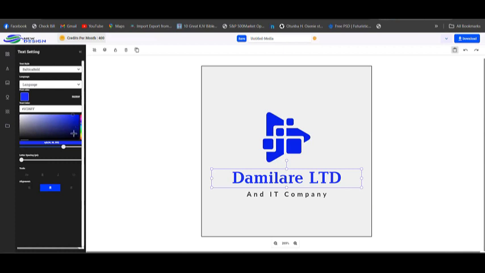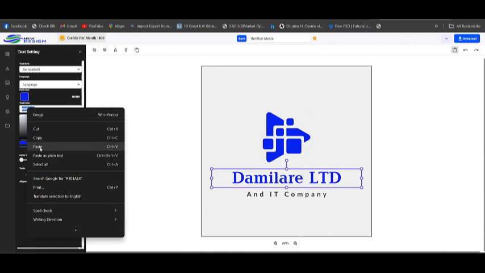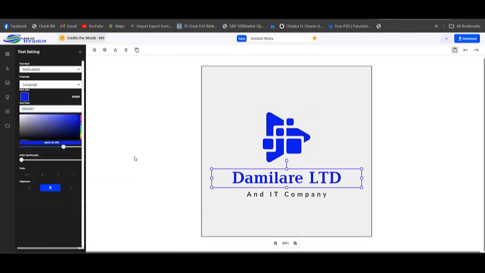You understand? So multi-copy this first one, then I will now paste it here. So if I paste it here, then I will click enter. All the shortcuts are on the keyboard, which you need to send enter and every other thing. So enter, so it's having the same color now.